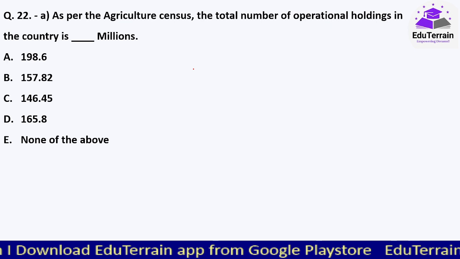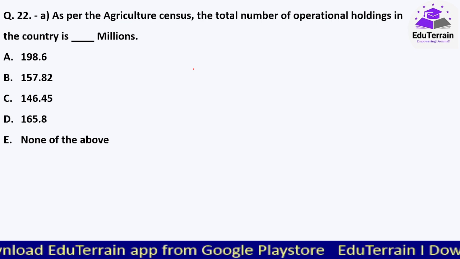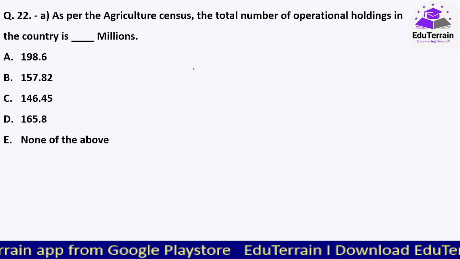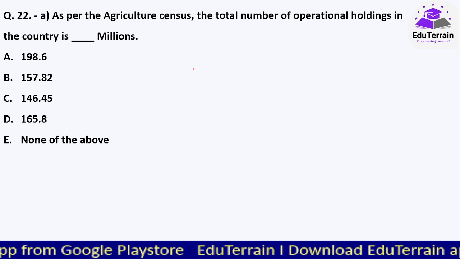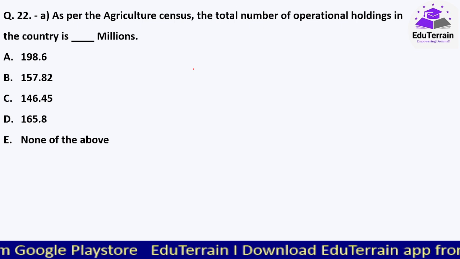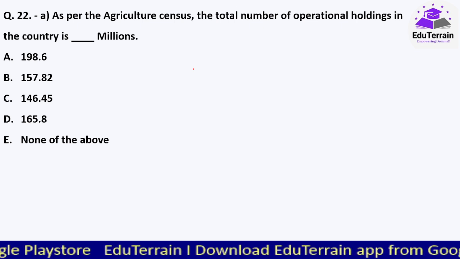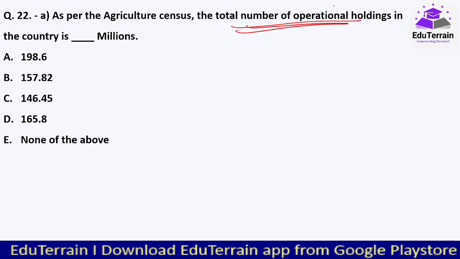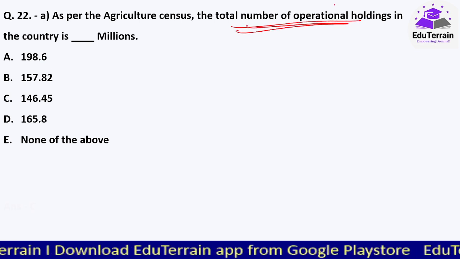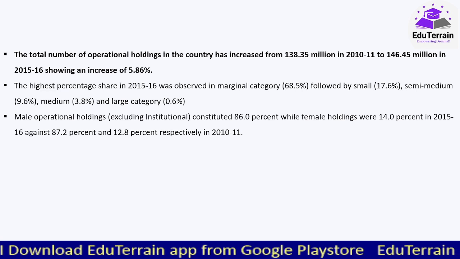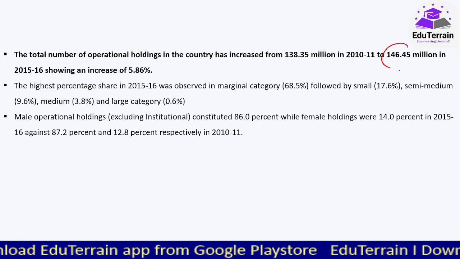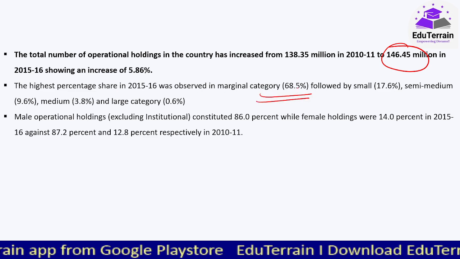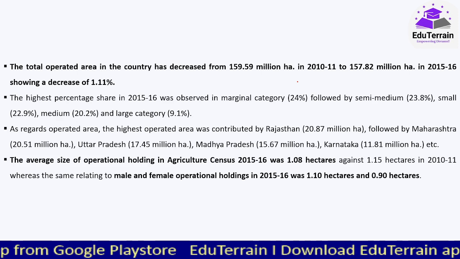Now, as per the agriculture census जो है already 2015 में रिलीज हुआ है, the same thing is applicable for now as well because latest अभी और चल रहा है enumeration. As per the agriculture census 2015-16, the total number of operational holdings in the country is how many millions? Here we are talking about the total number of operational holdings. Okay, area नहीं पूछ रहे हैं, so it would be in millions only, and that is 146.45 millions. Okay, and the highest percentage share was observed in marginal category, that is marginal category हमारा आता है